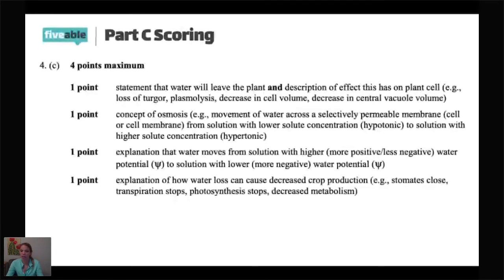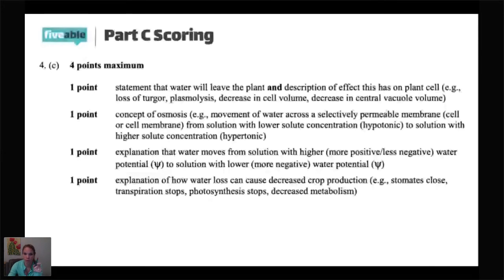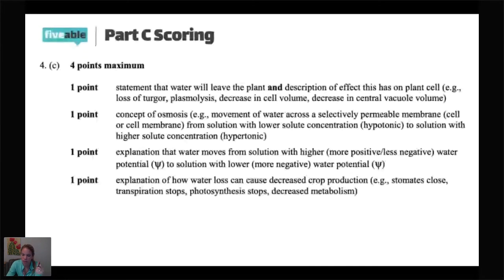Again, I know we haven't covered this in depth, so I kind of hesitated to give C, but there is a Fiveable on this weekend, I believe. I think it's Saturday or Sunday. So my encouragement to you guys is when I post the link to the slides, which I will be doing in just a moment, save this and try to work this problem on your own without looking at the scoring guide after watching the tonicity presentation, because you're going to be like, oh, I'll get this, and you're going to feel real smart. So that's the feeling we want y'all to have.